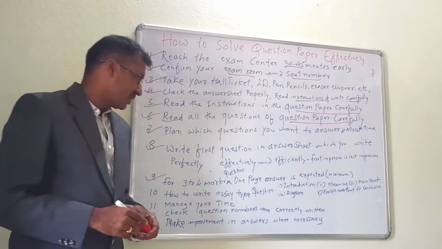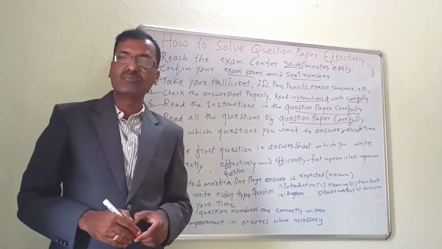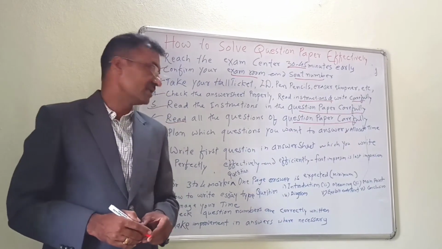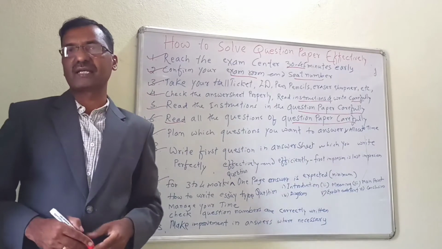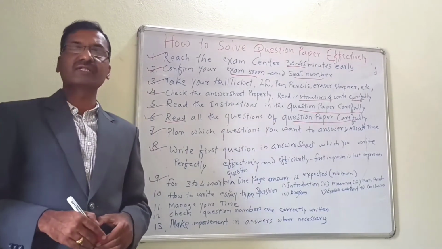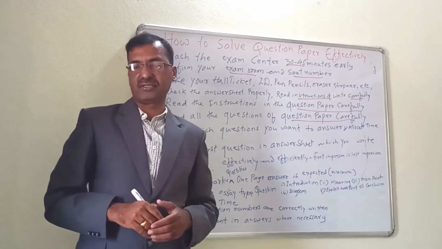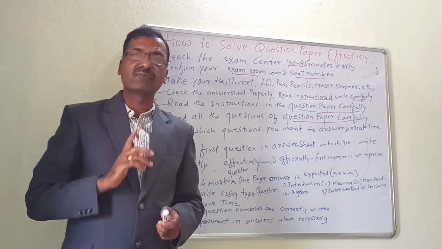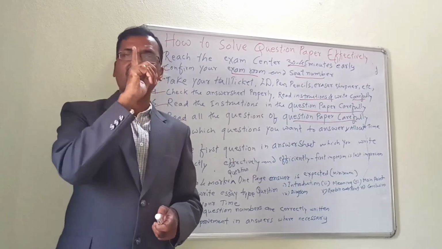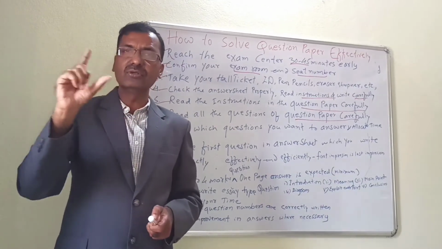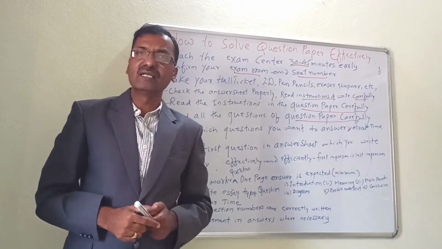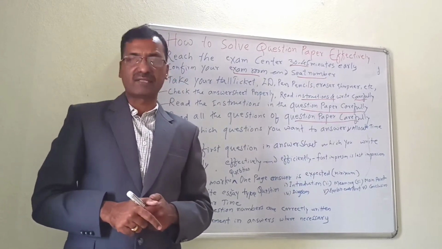Then how to write essay type questions. So big questions, how you can write effectively, efficiently. So 5 steps are there and it is very important. First, you have to write the introduction. First, you have to write the title. Take an example, question number 5. Question number 5 you have to write. So the question is, take an example, explain the accounting concepts.